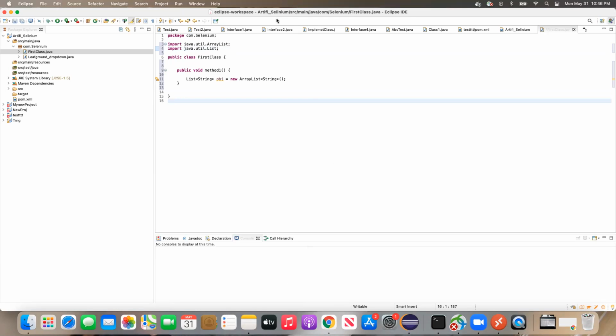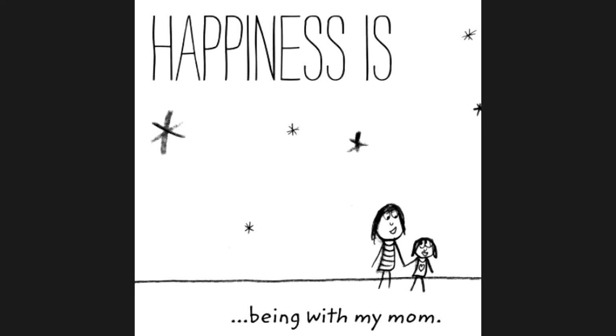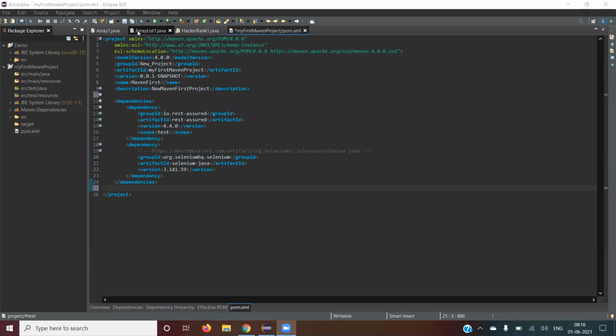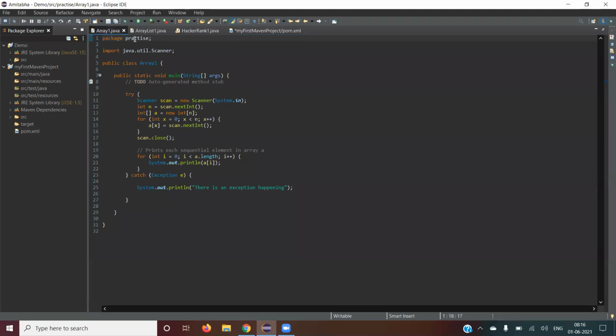Stop share. Please go ahead. Share your screen, Amitabh. Just a second. This is a Windows machine, right? Yes.